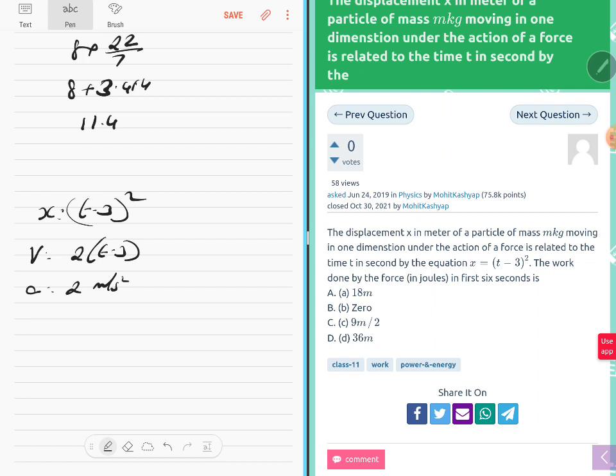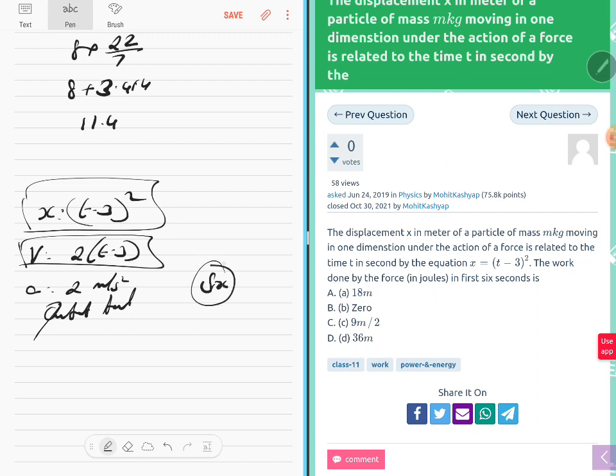But what is the question? They have given this, you found the velocity, but acceleration, we are getting it as constant acceleration. Okay, and they are asking the work done by the force in the first 6 seconds. So it's dependent on time. You can't just say the acceleration is a constant. So you have to find the velocity